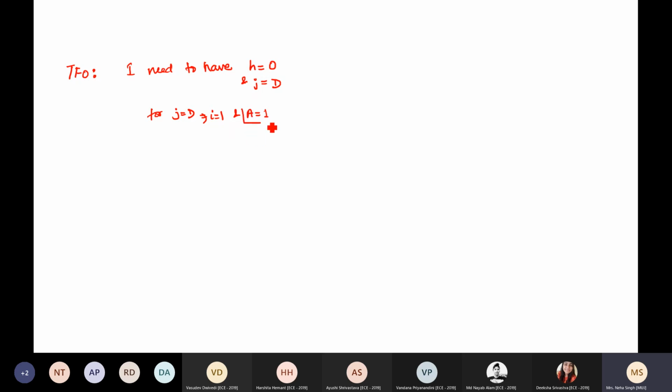So A is my primary input. Right? I equal to 1 is not coming in this frame. So I need to set this in TF minus 1. Okay? That is, now I talk about TF minus 1. Right now I have specified only one primary input. Right? We'll talk about the others when we keep on cycling. In TF minus 1, I need to have